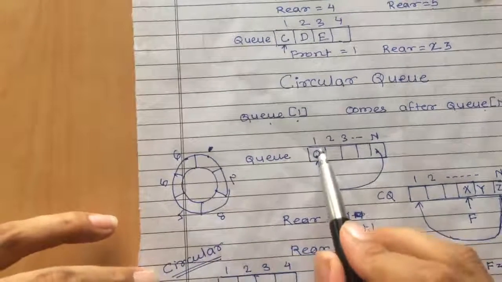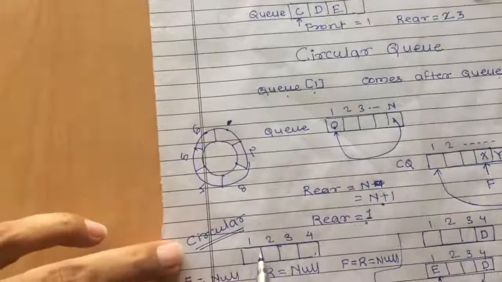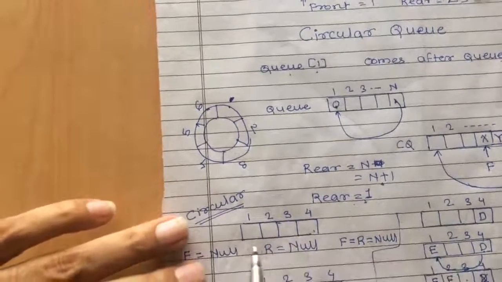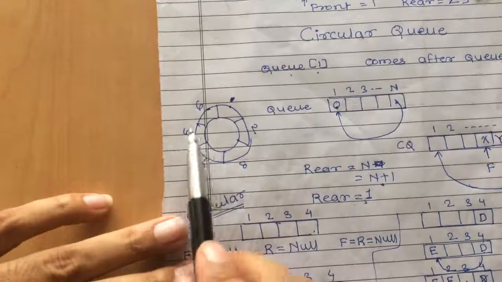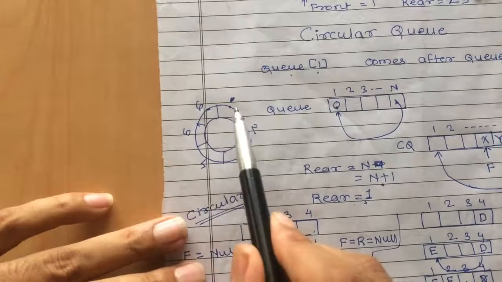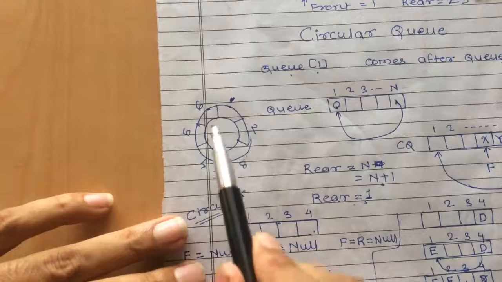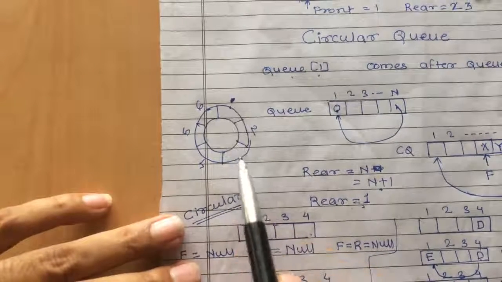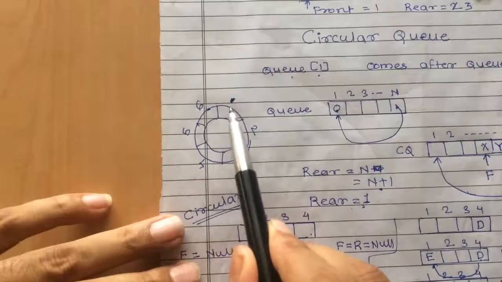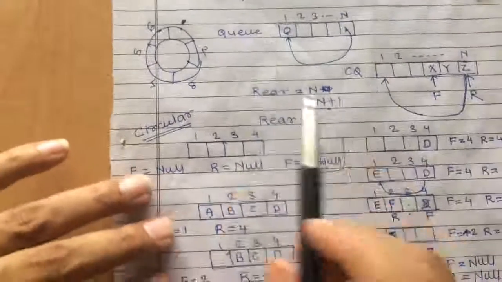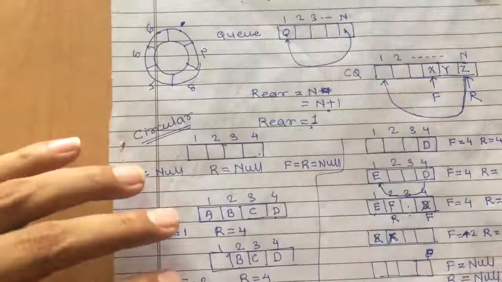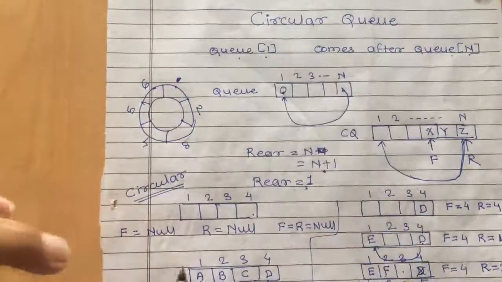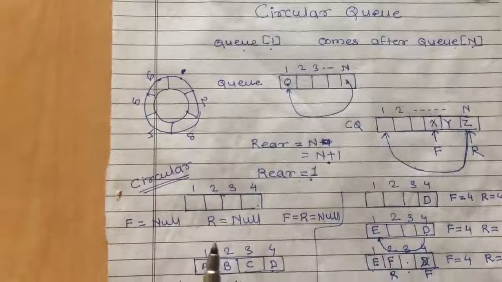Same over here. I have shown here 1, 2, 3, 4. After 4 again 1 is there. So in some books you will get such a picture, and in some books you will get such a picture of circular queue. So from this, I hope this idea of circular queue is clear. 1, 2, 3, 4, 5, 6, and after 6 again 1. So to overcome this, we have considered our simple queue as a circular queue.